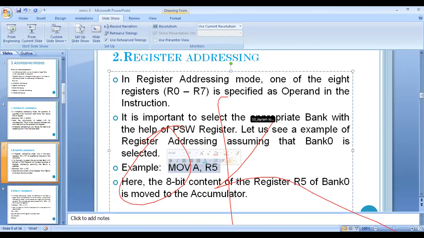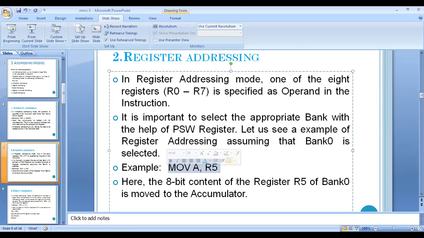Okay, now see here, whatever operands or registers we are having, these registers are from the 4 banks, that is, we are having 4 banks: bank 0, bank 1, bank 2, bank 3. So all the banks have the same register names. What does that mean? The registers in each of the 4 banks have the same names: R0, R1, R2, up to R7. Bank 0 also has these 8 registers. Which registers are in bank 1? R0, R1, R2, up to R7. Which 8 registers are in bank 2? R0, R1, R2 up to R7. Again, which 8 registers are in bank 3?